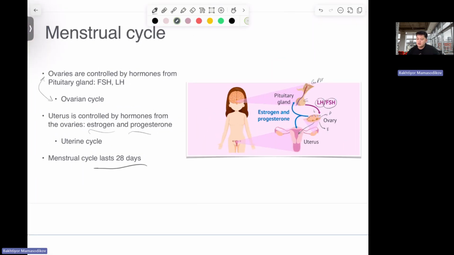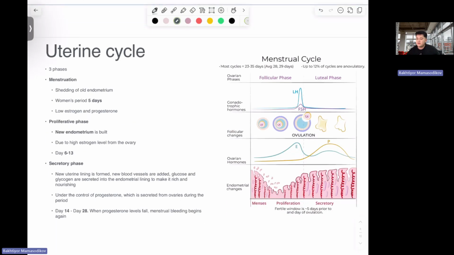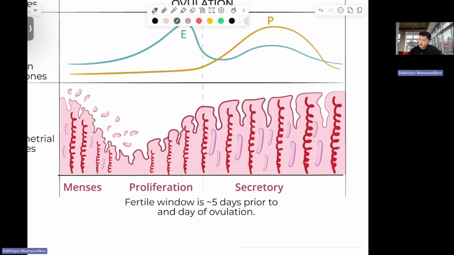The menstrual cycle normally lasts 28 days, and it can vary plus or minus 5 days. The uterine cycle is divided into three phases. The first is menstruation, then the proliferative phase, and then the secretory phase. From day 1 until day 5, this phase is called the menses, menstruation, where the shedding of the blood